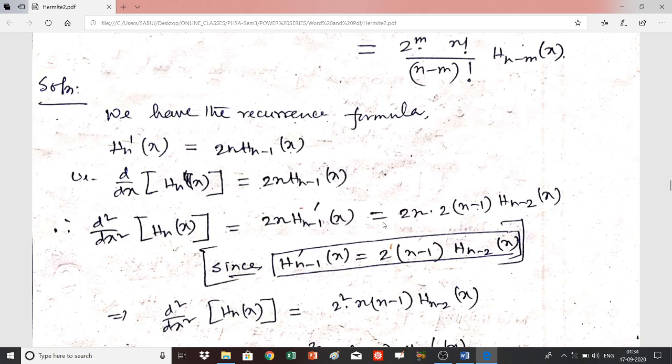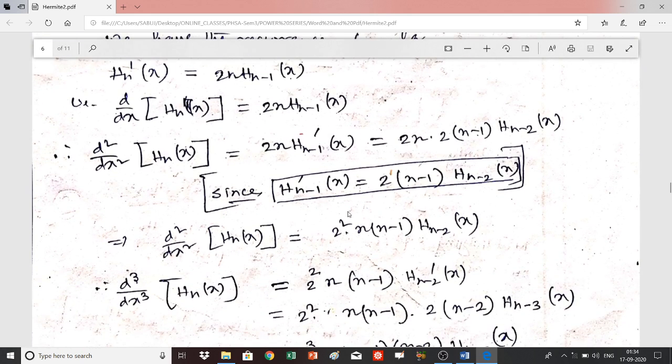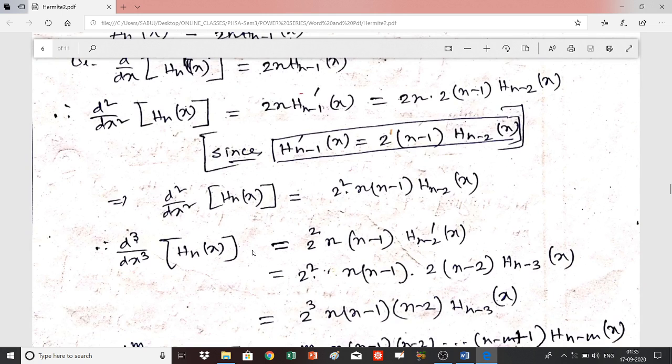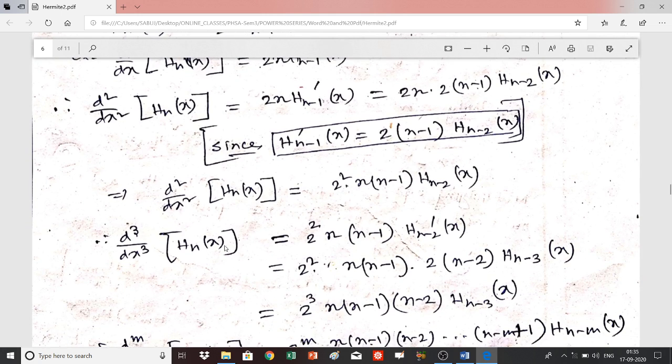So then you will have 2n, then 2n minus 1, and then Hn minus 2(x). So this will give you d²/dx² Hn(x) equal to 2 from here and 2 from here, so 2², and then n(n minus 1) Hn minus 2(x). Similarly, differentiating this expression again with respect to x, we have d³